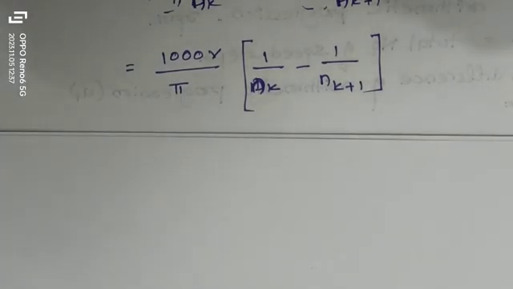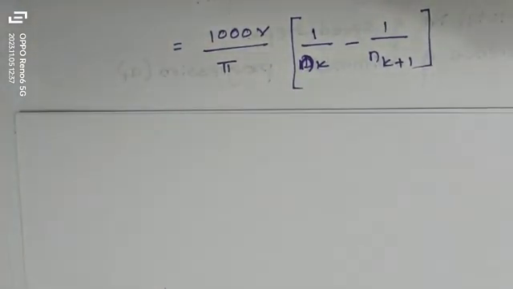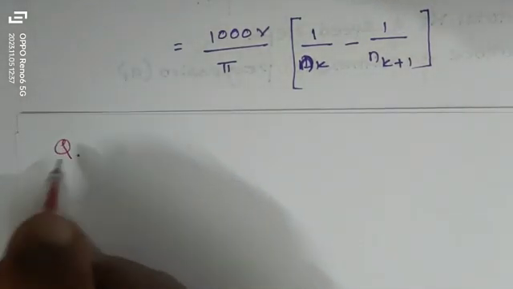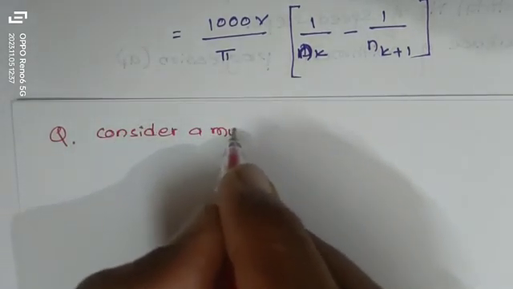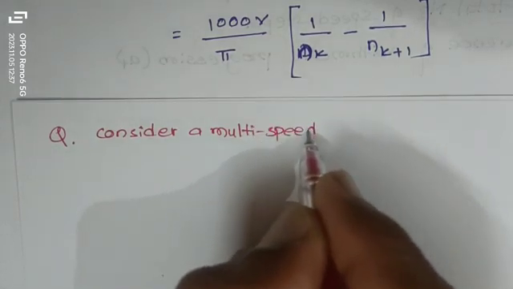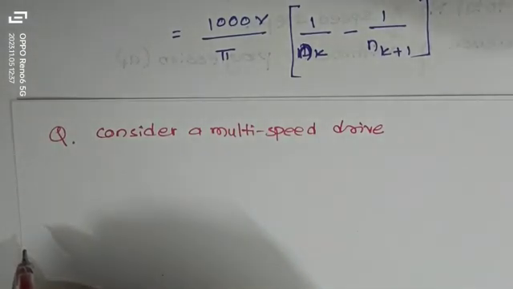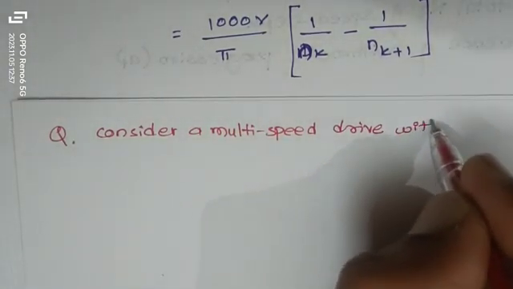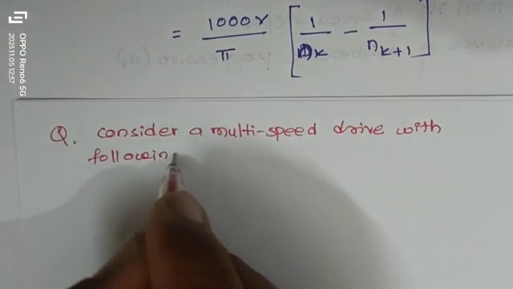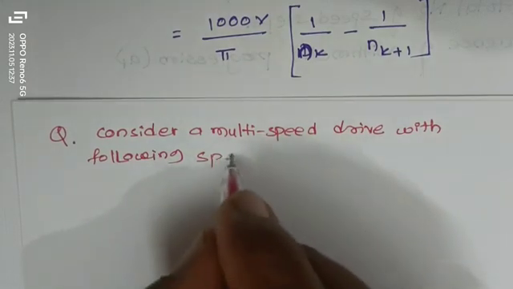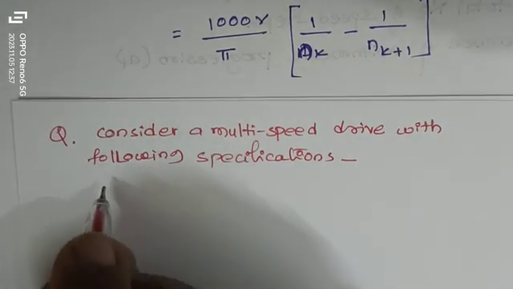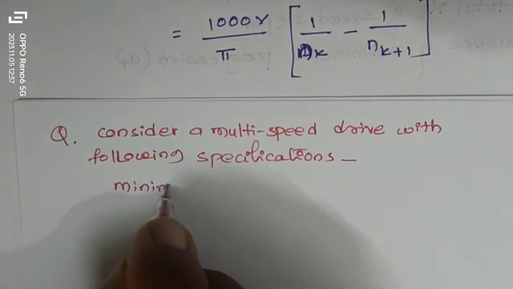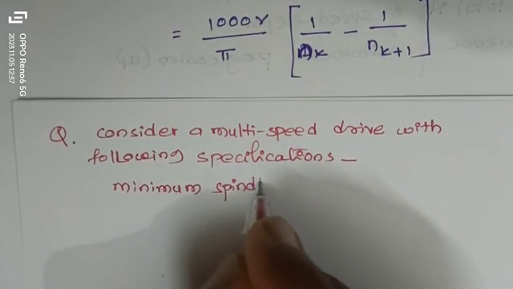Now we'll illustrate one example based on this arithmetic progression. So here we'll take a question. Consider a multi speed drive with the following specifications. What are the specifications given? Minimum spindle speed, minimum spindle speed that have given,